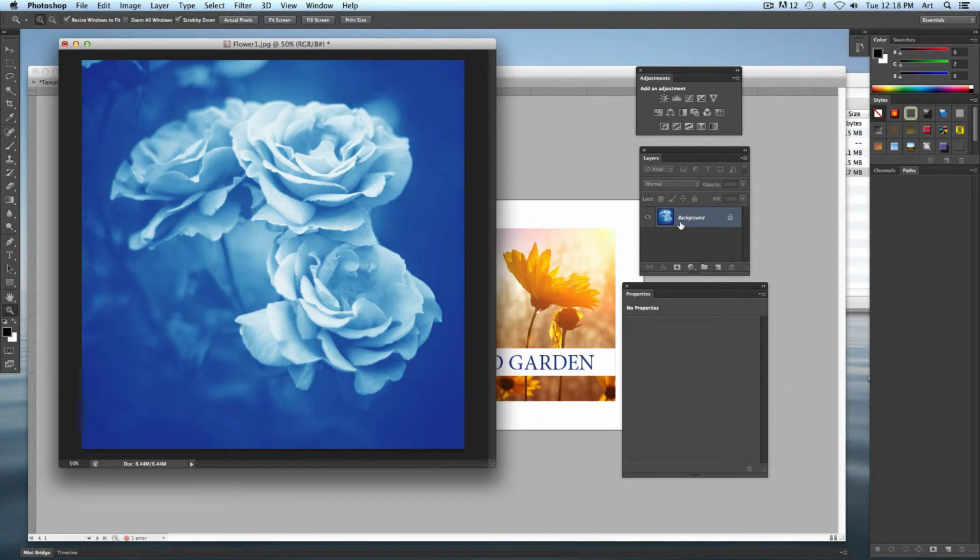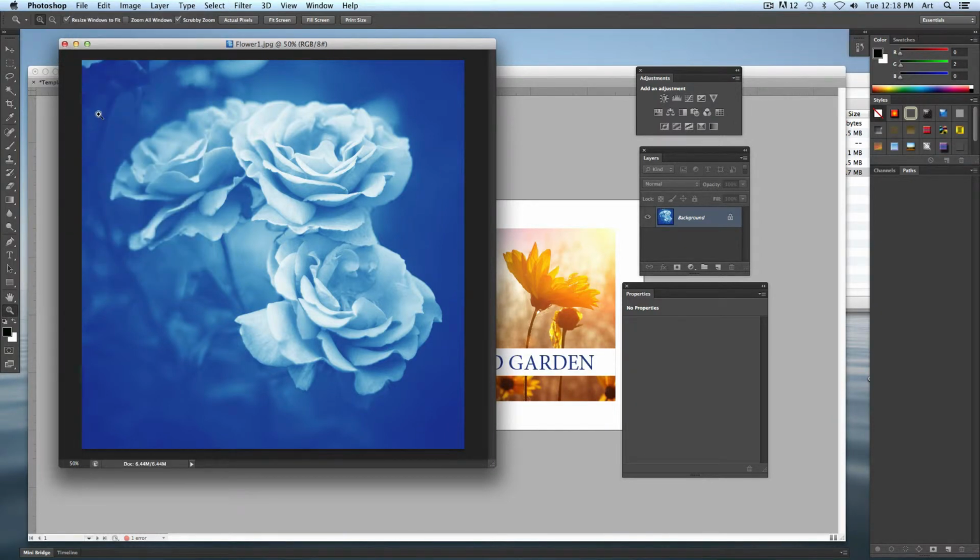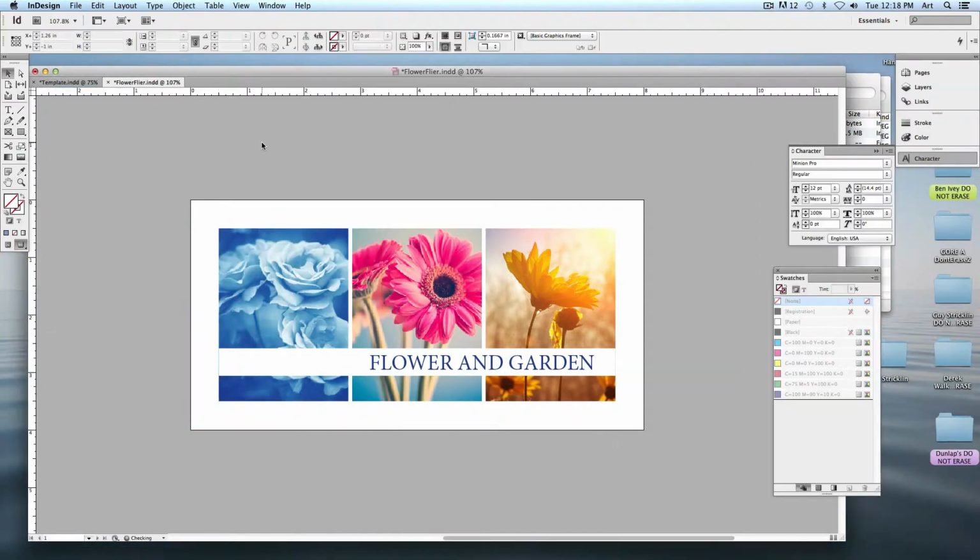Now it's all one solid layer. Very simple, very easy. Now if I go to save, it won't even give me a pop-up. It'll just go ahead and save my image, and you can see it's saved as the blue. If I close it out and go back into InDesign, automatically it will update the image that I'm working with. Cool? So that's the first method on how to do it, using a gradient map to change up the colors